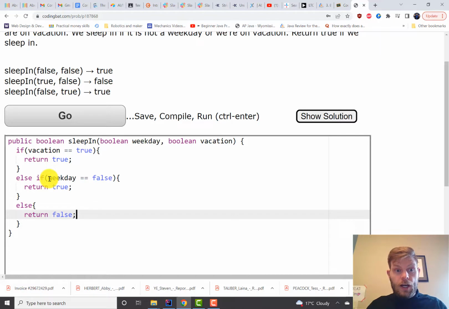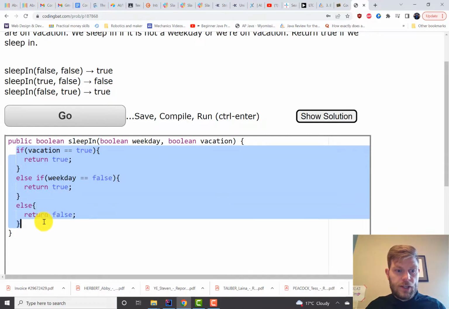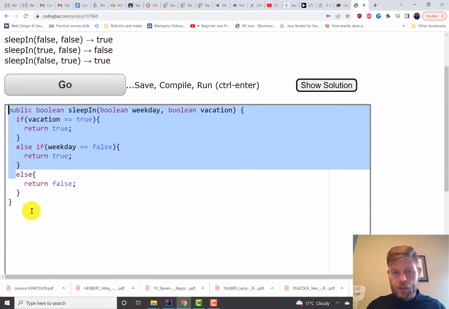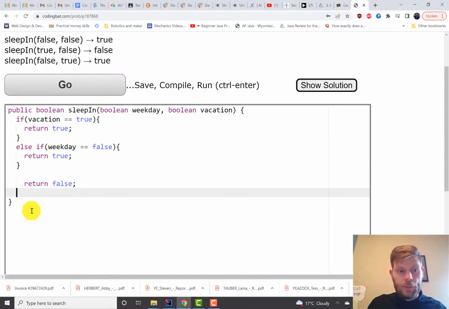By the way, with these functions that return something, no matter what path you take through if, else, it must return something, and it can't always tell if you've hit all the possibilities. So you do have to be pretty explicit about it all. As long as you've got an else, you're covered. By the way, we could get rid of this else and that would also work because the only way we can possibly